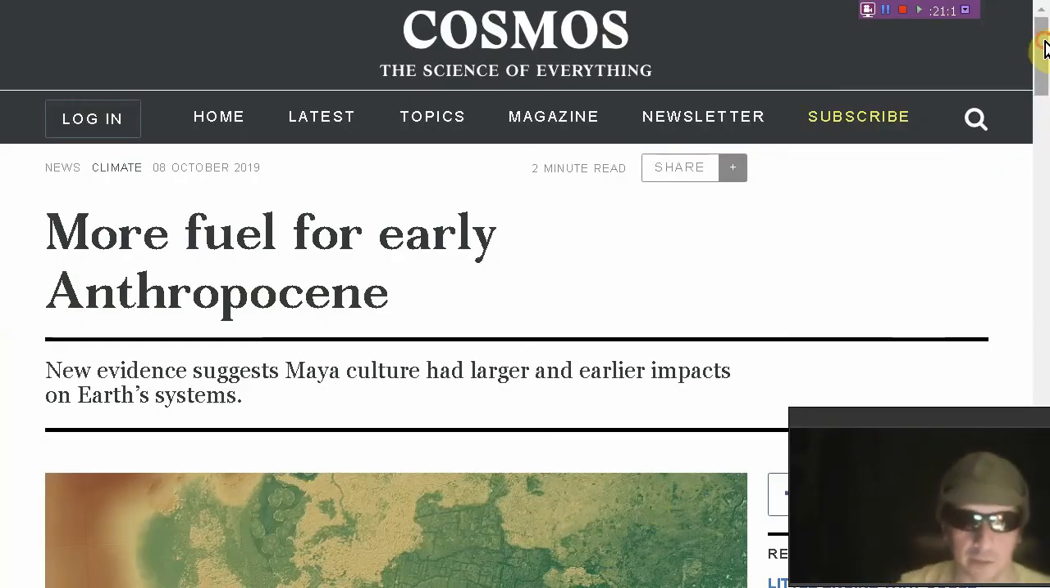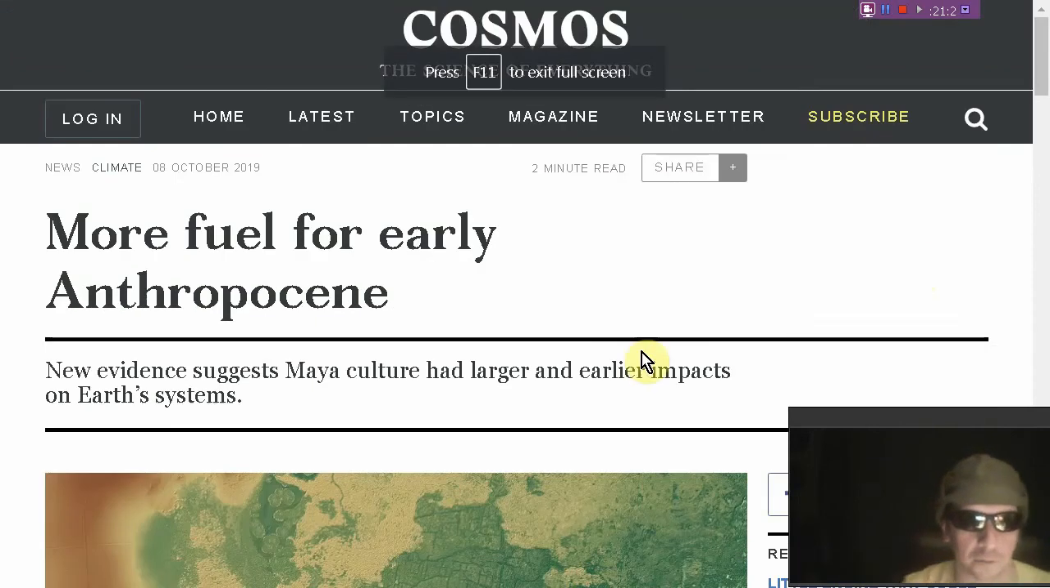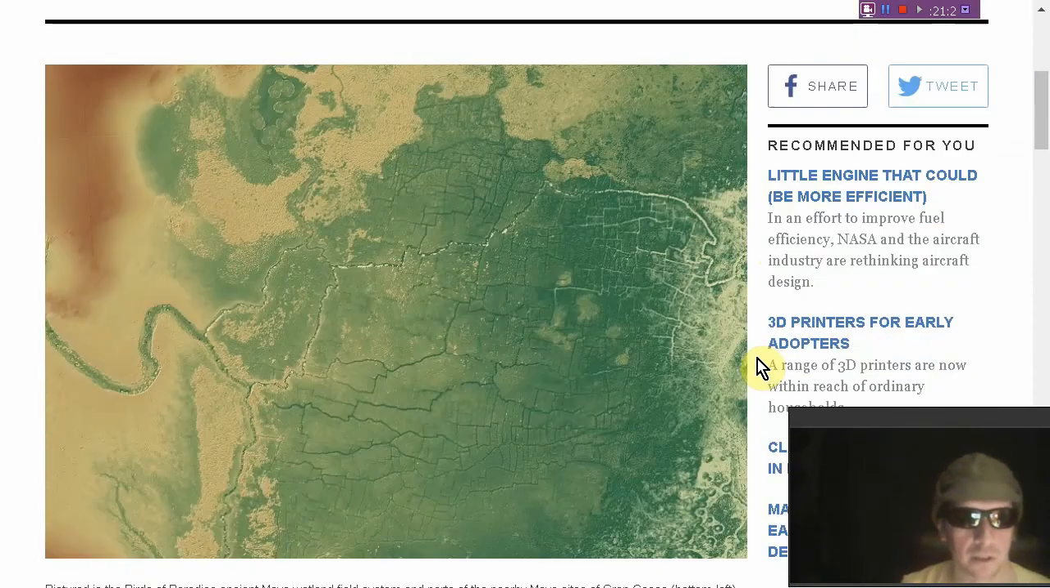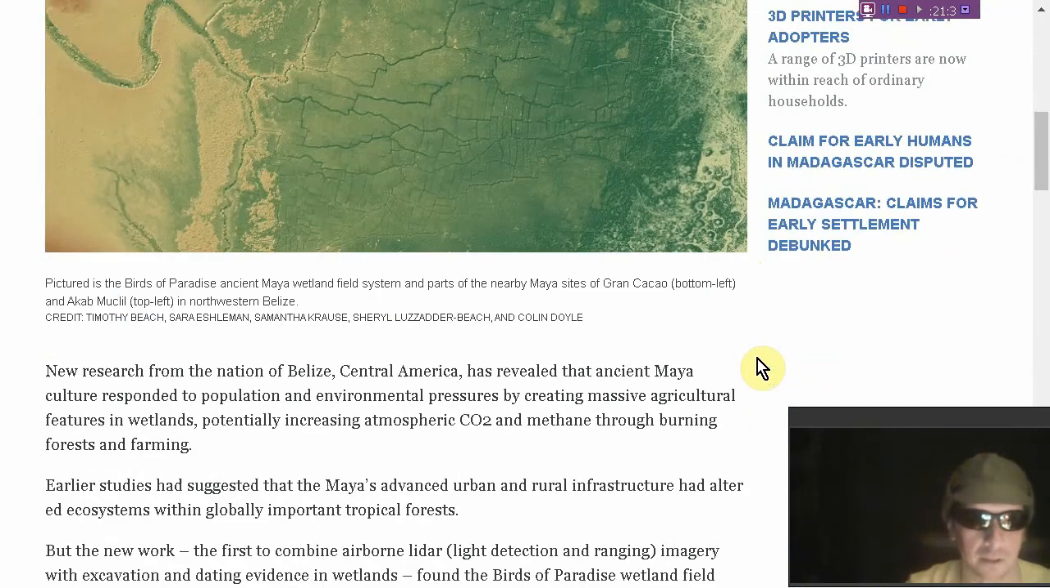How about some climate change nonsense? Courtesy of Cosmos Magazine, CosmosMagazine.com: more fuel for early Anthropocene. Well, it turns out the Maya were extremely sophisticated. They were using irrigation. They were removing forests in order to increase their farming output. And apparently,